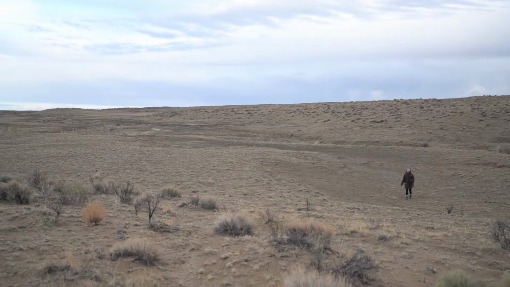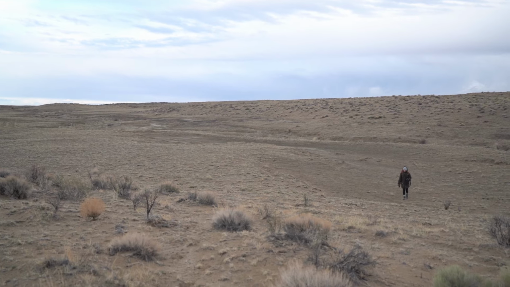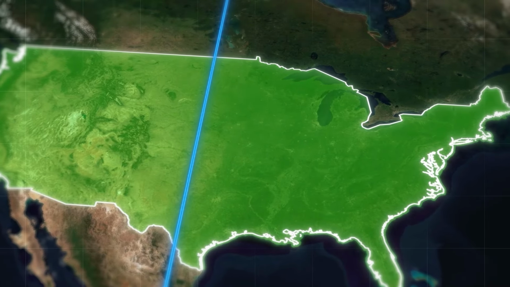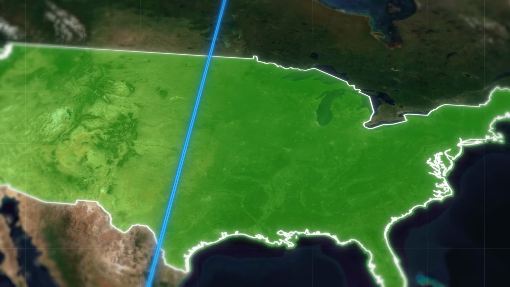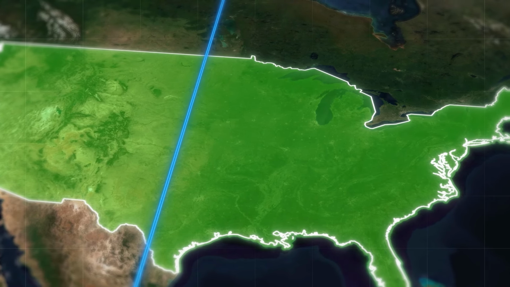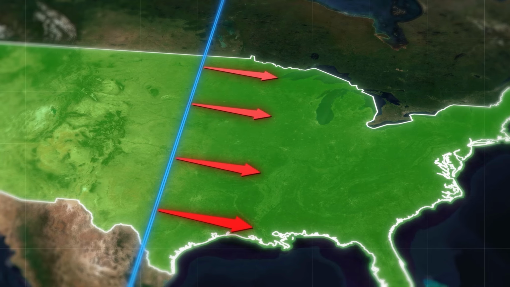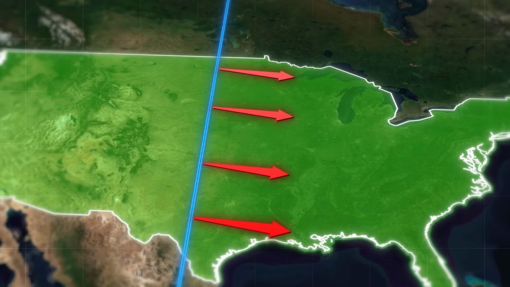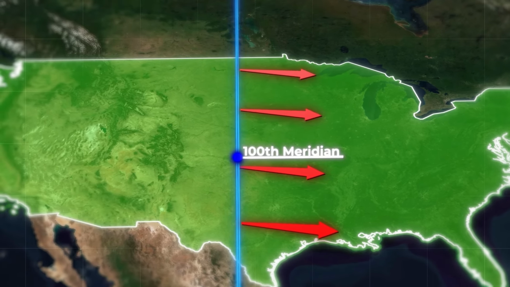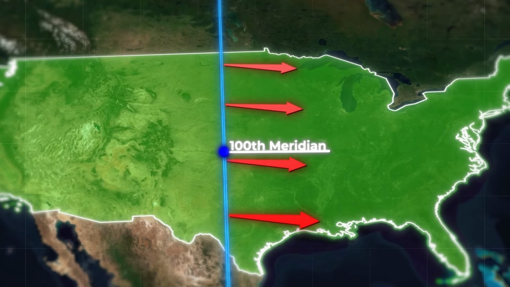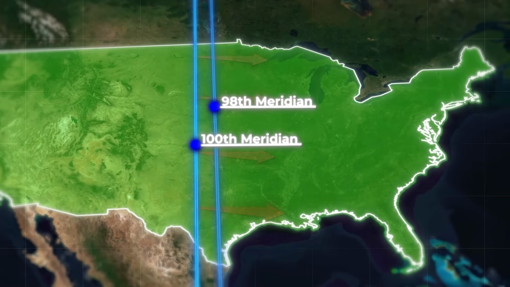But perhaps most concerning of all is not the underpopulation of the area, but something else. Given how quickly the global climate is changing, it seems the boundary between North America's wet and dry regions is moving eastward. Since Powell's time, when he correctly identified the 100th meridian as the approximate boundary of the line, it has steadily shifted eastward to around the 98th meridian today.